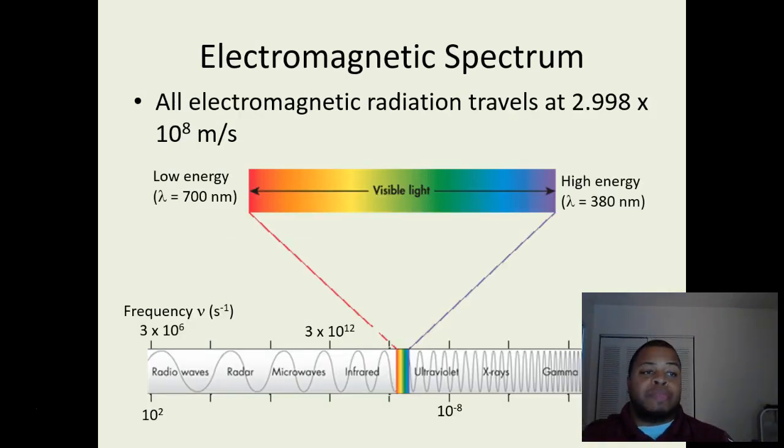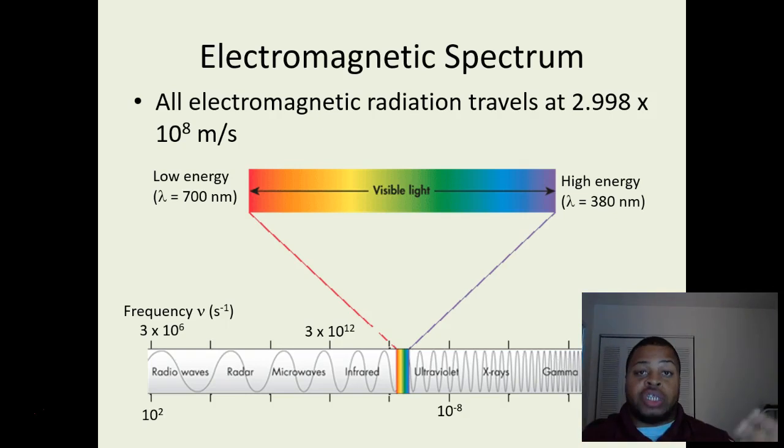When we look at this spectrum of light, of energy overall, we note that all electromagnetic radiation travels at 2.998 times 10 to the 8th meters per second. This is the speed of light. So it doesn't matter what the value is in terms of the wavelength or the frequency. When we multiply them together, they have to come out to this value. This is going to make our calculations very easy, but it also puts into perspective